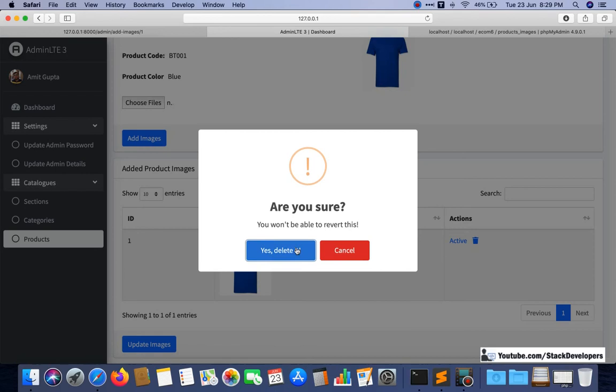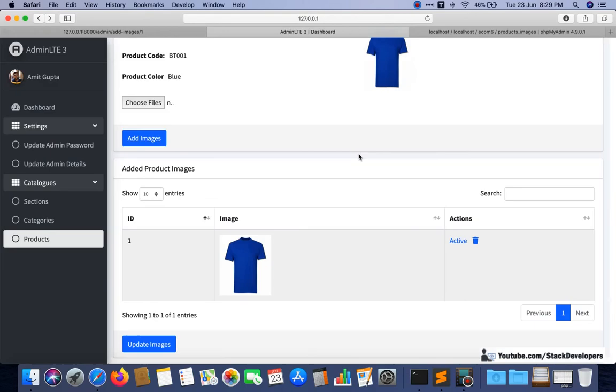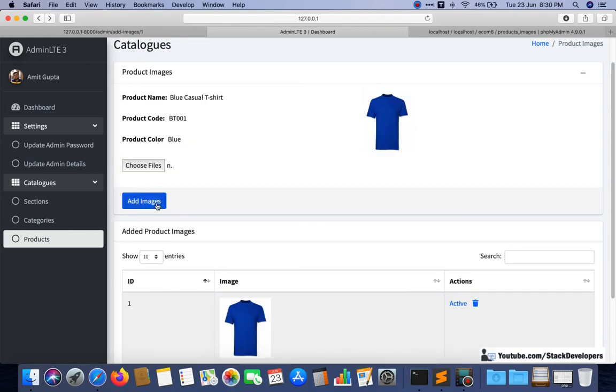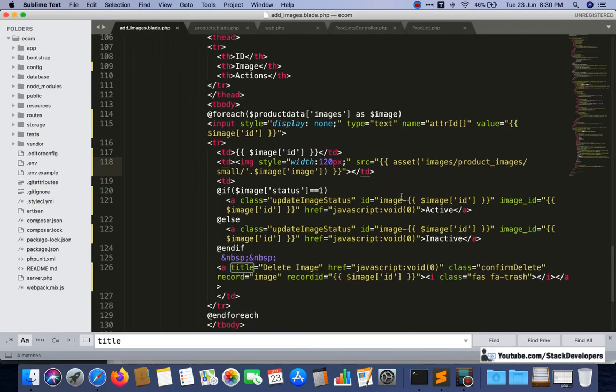And this one, delete, we are going to check whether it is able to delete or not. Okay, I'm not sure. No. Okay, because its routes do not exist so far. So only a few changes we need to do with this one in the next video, then it will also work fine. Along with the add images, we are going to do it in the next video as well.